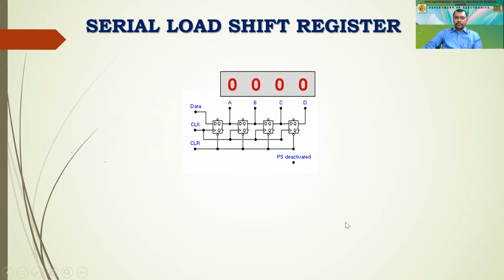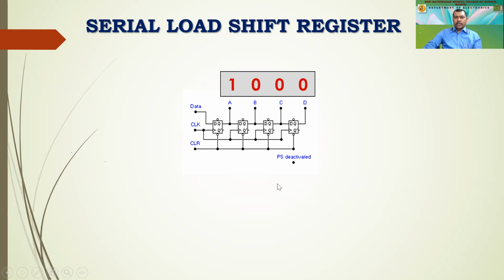Let us start giving the inputs. This is a very wonderful animation where you can actually experience how the data is being shifted. The first data I'm giving is data one, then clock one and clear as one as well. Then clock pulse two. As soon as we have a clock pulse, we give data equal to one. Automatically the one comes out of the flip flop, and output A becomes one.